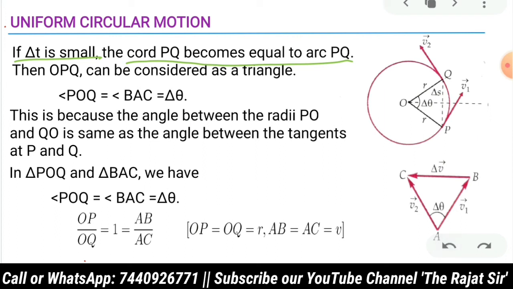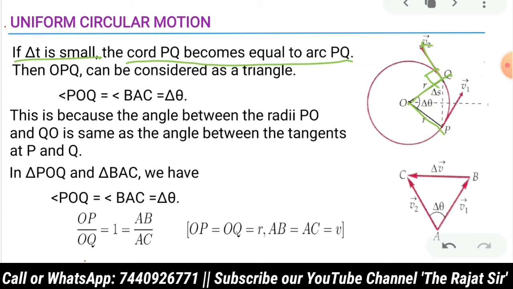Okay. So remember one more thing, this is very important: how I am relating the triangles. So take the triangle OPQ here. Just try to understand here. For example, the angle del theta is made here between the OP and OQ. The angle del theta is made between the OP and OQ. We also know that the velocity which acts here is perpendicular to this OQ.